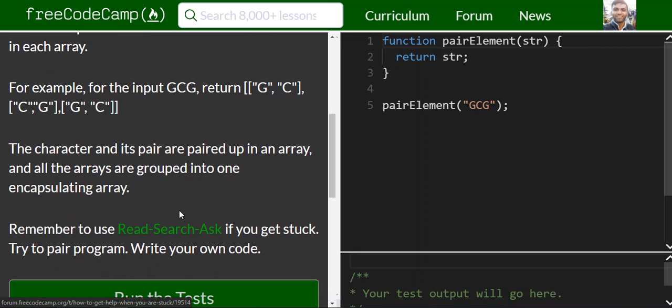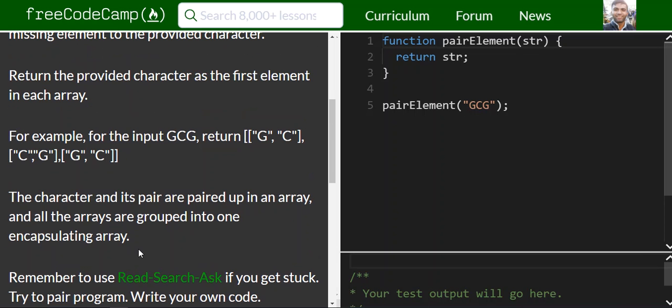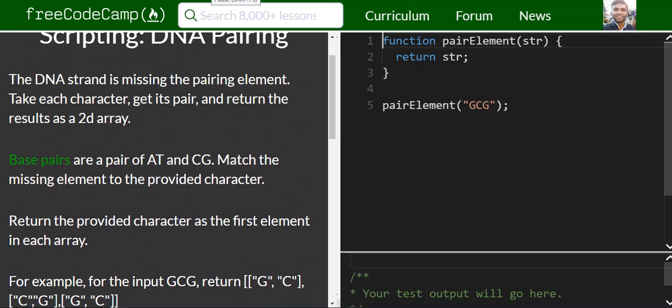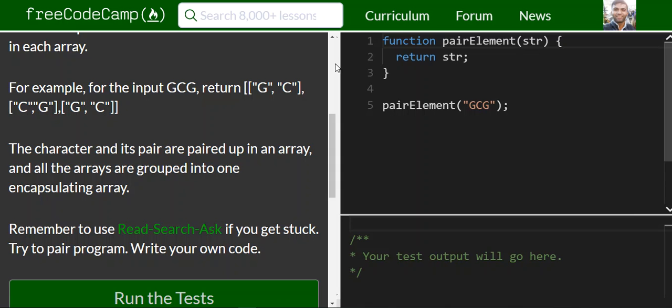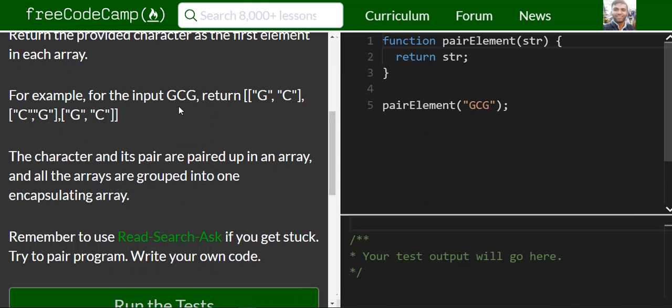Remember to use read, search, and ask if you get stuck. Try to pair program and write your own code. So let's dive into this challenge. Essentially what we need to do is